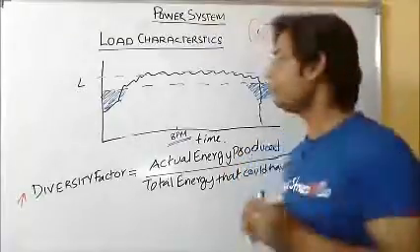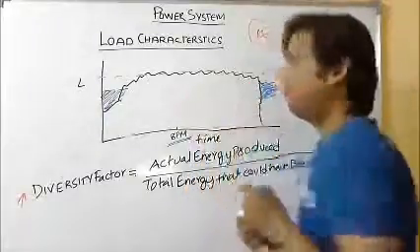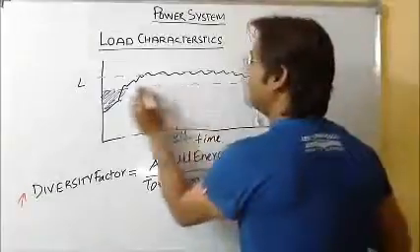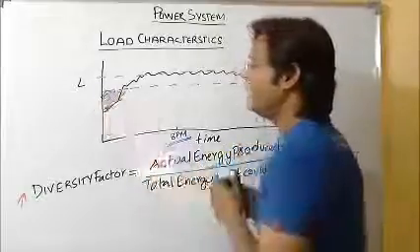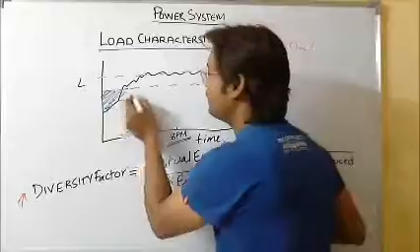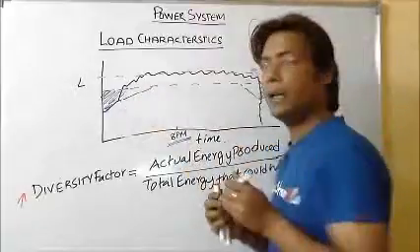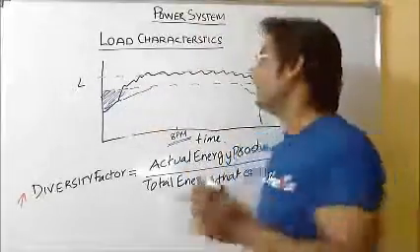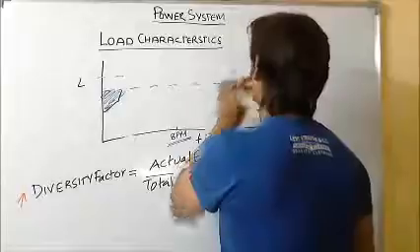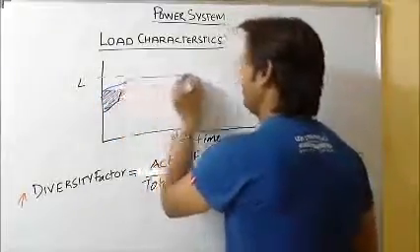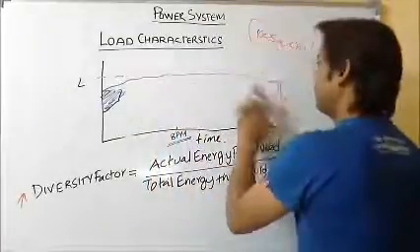So what will happen? My installed capacity at this time will be fully utilized. As we can see, only this much area is getting wasted. Previously it was somewhat like this, and previously it was somewhat like this. I am able to utilize this much area which is coming now under my load curve. Or now I can have a system which is almost starting from here and going up to here. If I have a graph like this for the load curve,